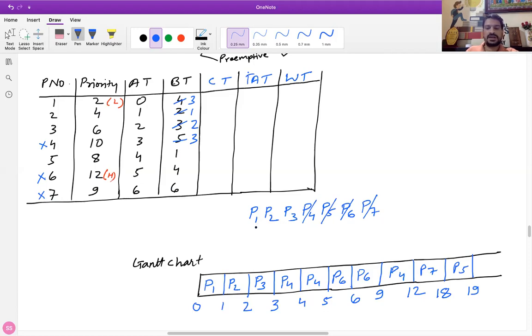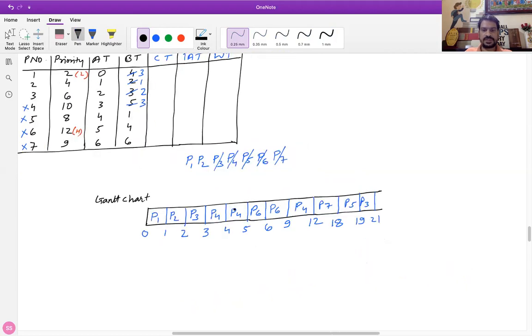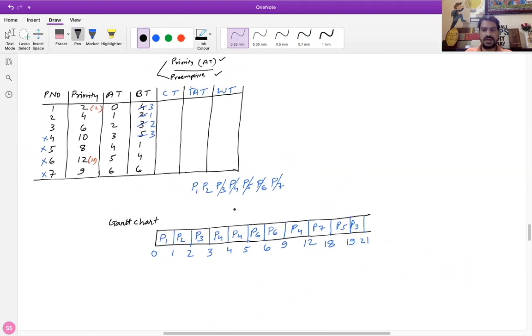Now we have P1, P2, and P3 left, since P5 is done. Among those, P3 has the highest priority, that is 6, and 2 burst time is left. So we'll execute P3 with 2 burst time. That will be 21. Up to 21, it will execute and finish its execution. Right? Now after that,